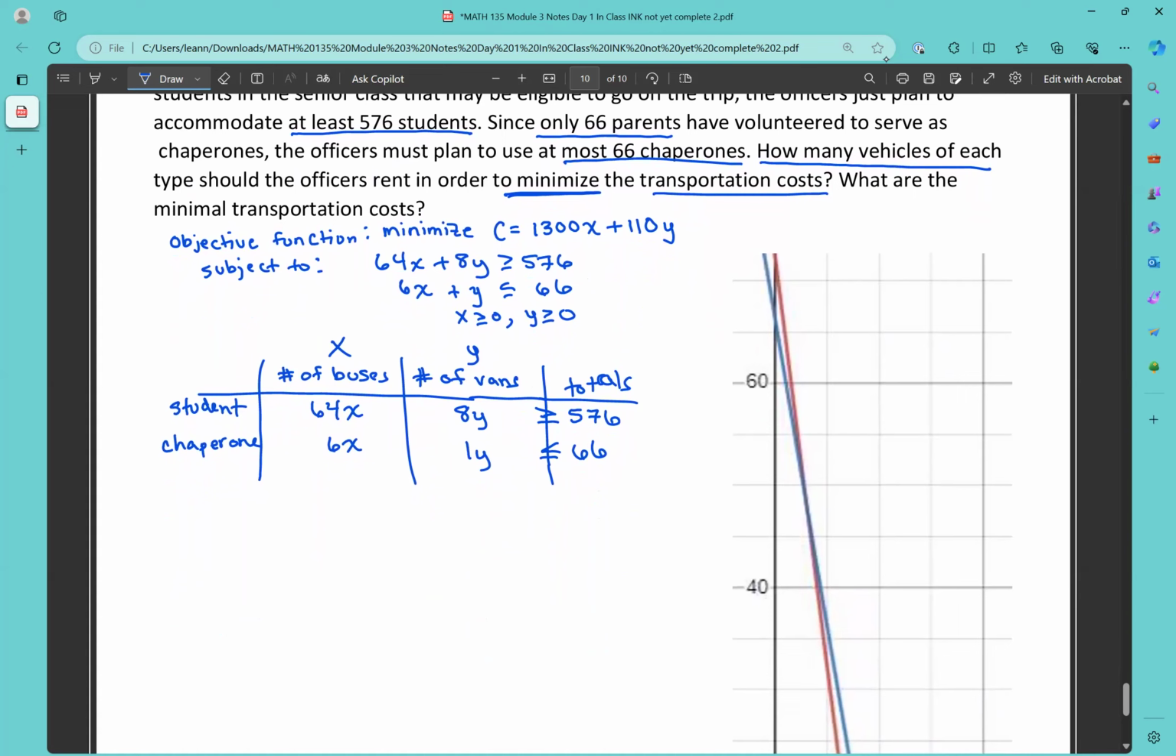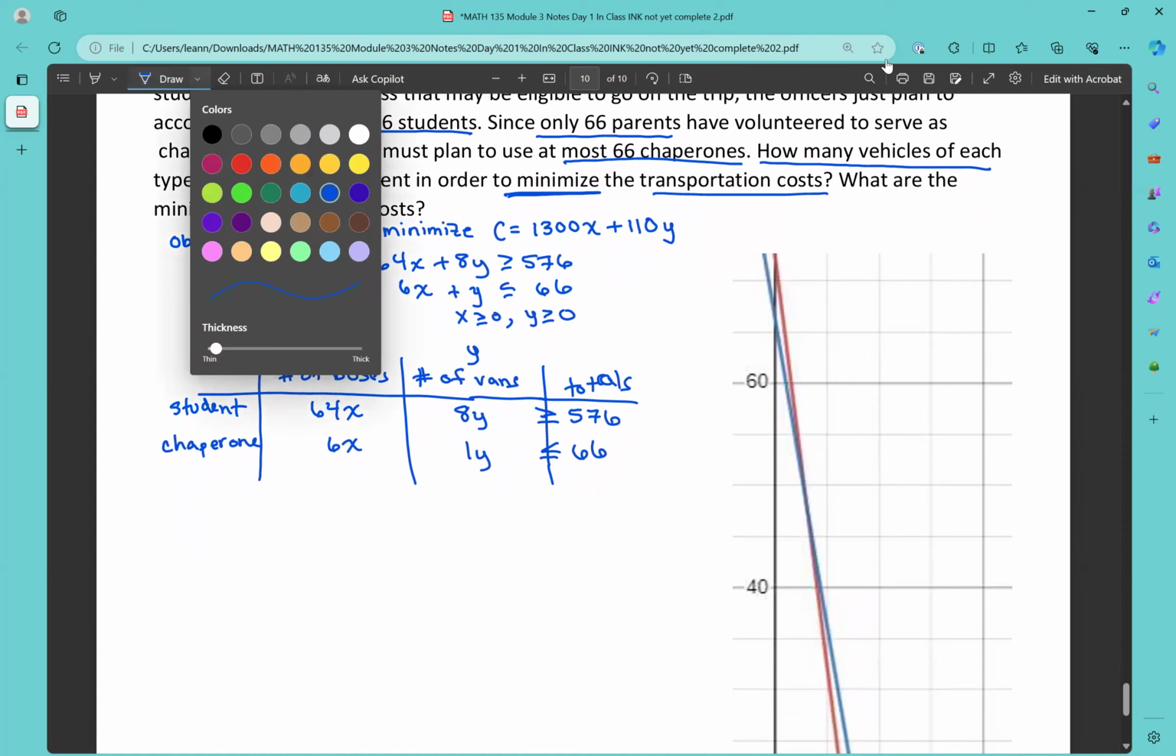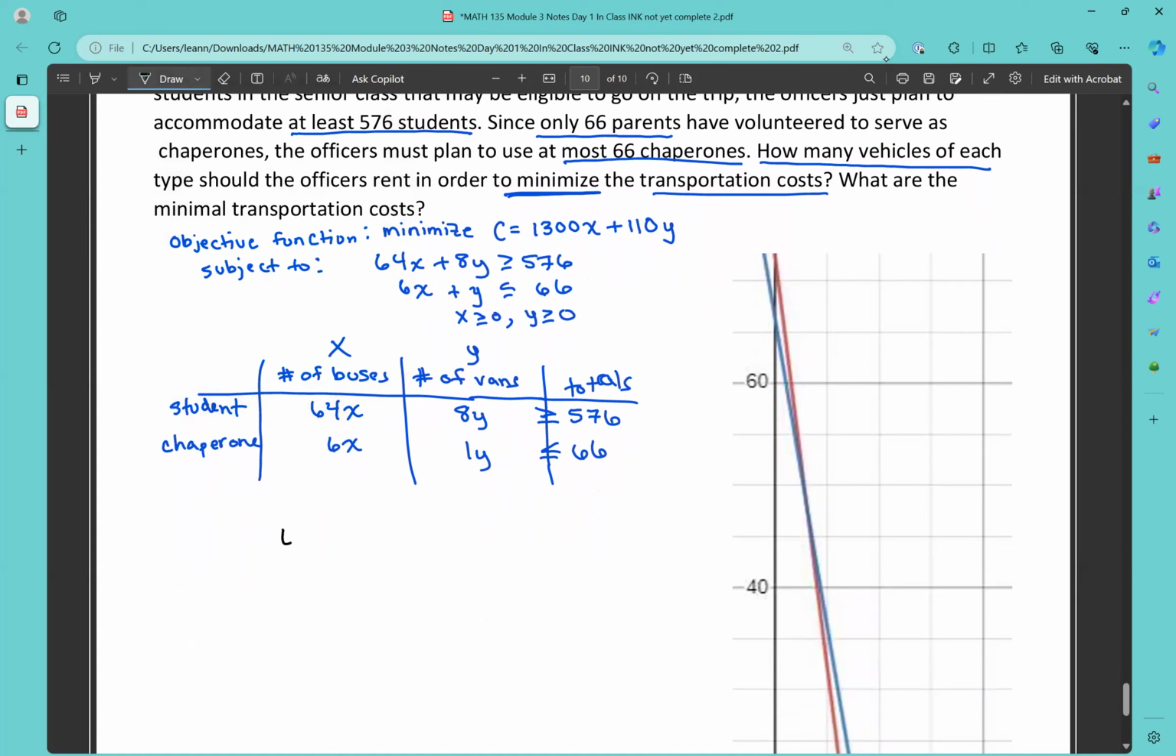So if we look at the first inequality, we're going to try to figure out which color that's matched to. So I'm going to do it in black for right now. So that's 64x plus 8y greater than or equal to 576. So I'm going to subtract over the 64x. Trying to put this into y equals mx plus b because I'm trying to figure out if it's the blue or red line on the graph that we were already given. Divide everything by 8. That's going to be negative 8x, and 576 divided by 8 is